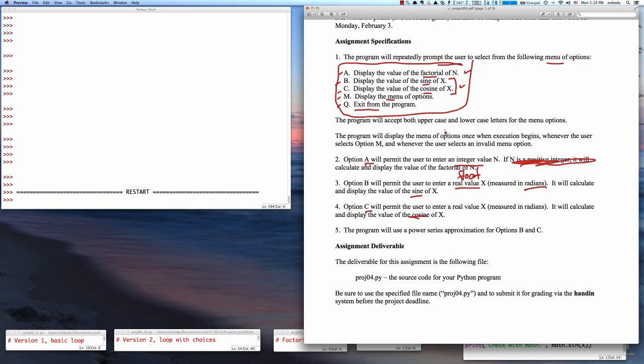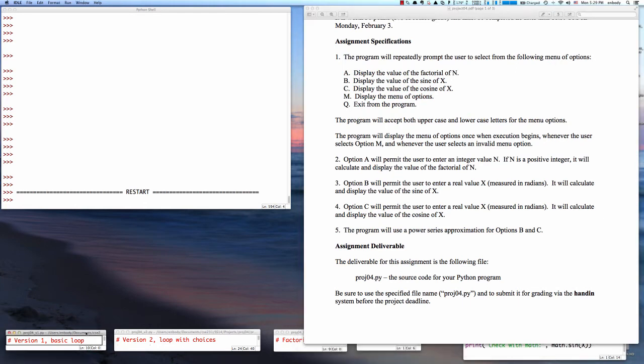So where did I start on this? I started just by doing this little thing right here. I made a loop that would exit from the program. That was the first thing I did. And then I made something just like last time that would just do those choices. That's where I started. So even without doing anything more, let's see what I came up with. Well, you guys know how to do this now, but let me show you. The very first thing I did was